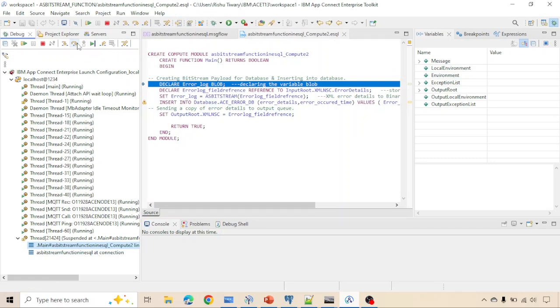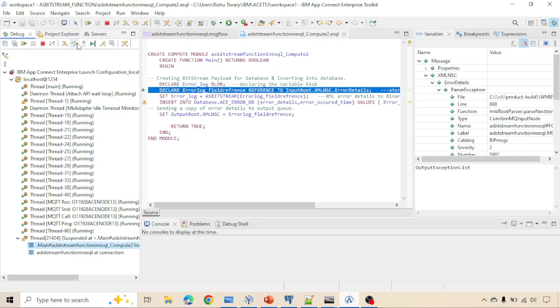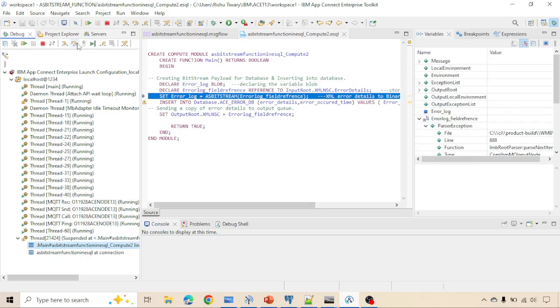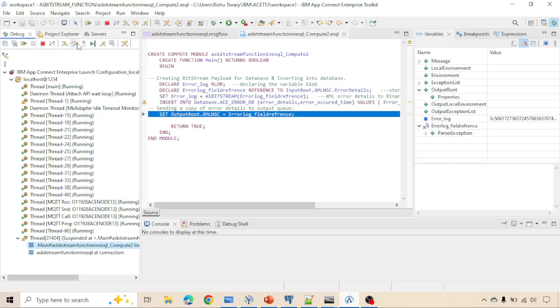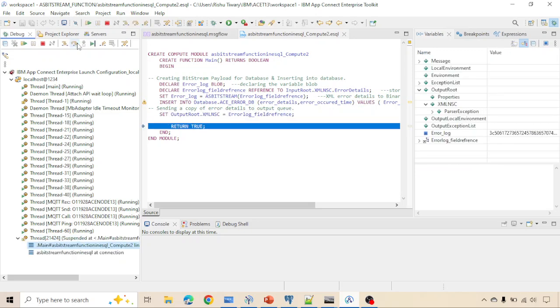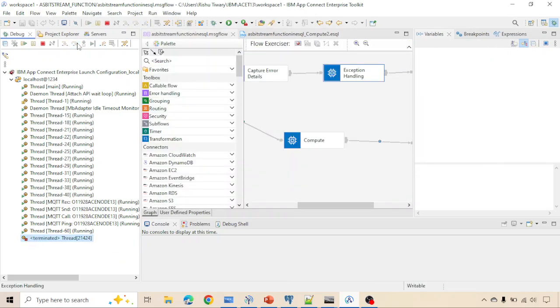I declared the blob variable. I just declared the field reference. I converted the field reference to bitstream, inserted it into database, and send to output, and just return true. Done. Now let's go to the